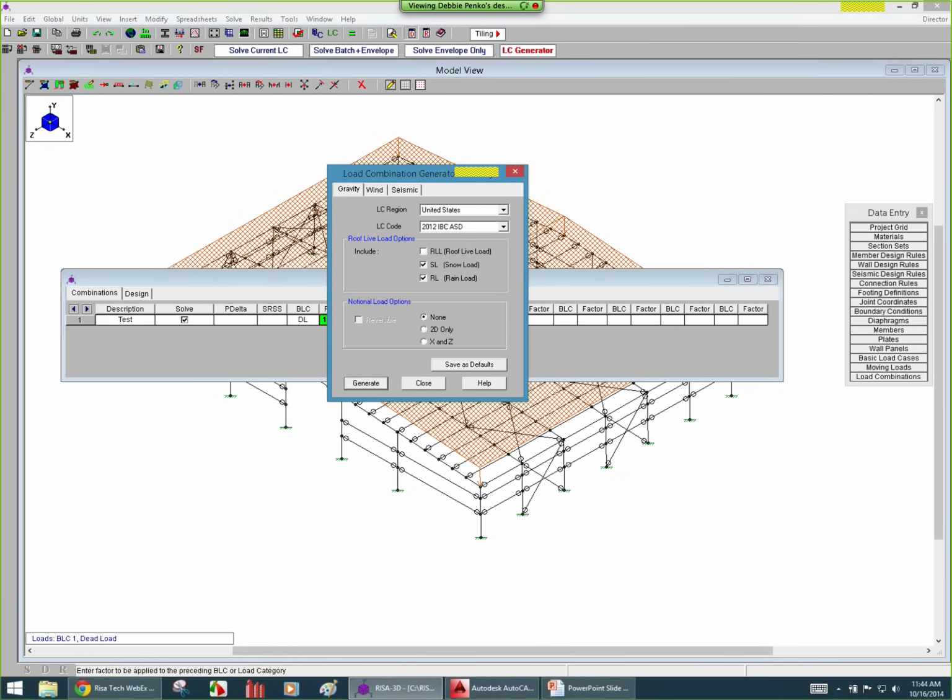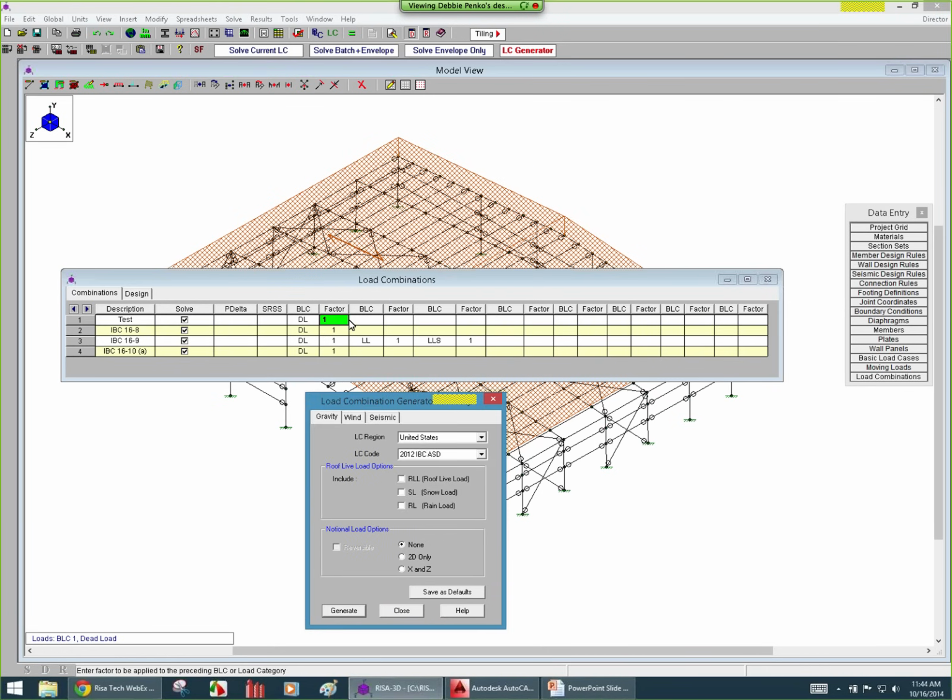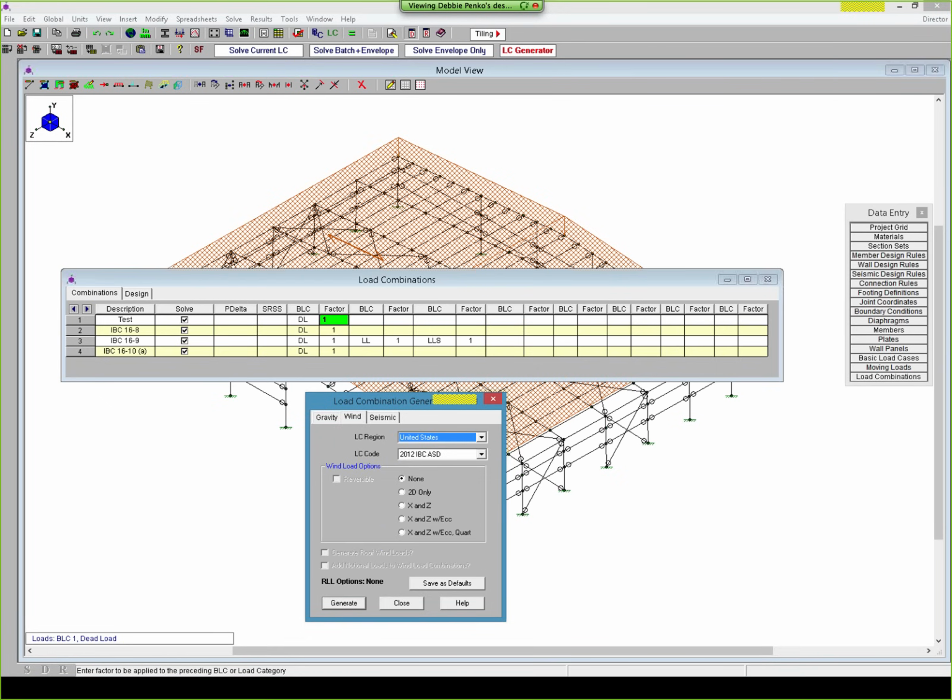I didn't apply any specific RLL or SL or snow load or rain load, but I do just need some standard gravity loads. So I'm going to say generate, and I see that the gravity loads are there in place. Then I'm going to go ahead and say the wind loads, which if I click on the wind load here, I'm going to use the X and the Z. Because I used WLX and WLZ, I use the X and the Z there, and I can say generate